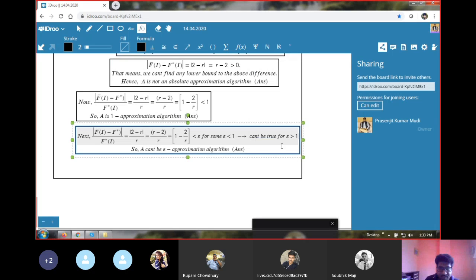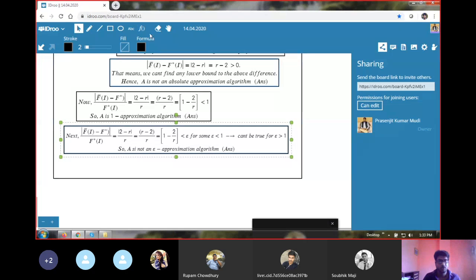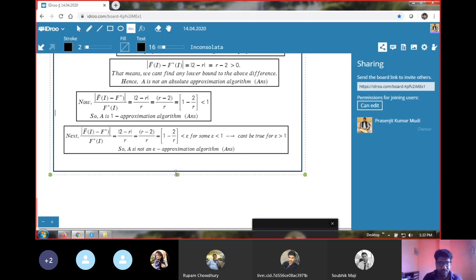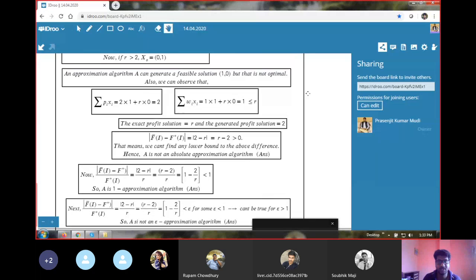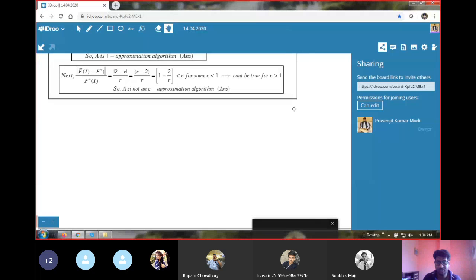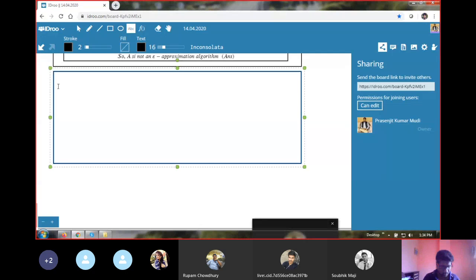That means we can find some positive values of epsilon greater than 1 for which this condition is not satisfied, and hence A is not an epsilon approximation algorithm. I hope now it is very clear. Okay, so this is our first example to understand the class of approximation algorithms, absolute, affine approximation, or epsilon approximation algorithm. So it's 1:34. So let's take another 5 minutes to discuss